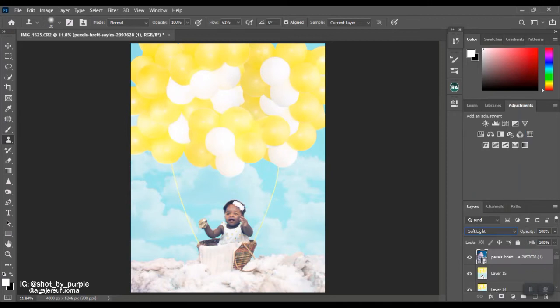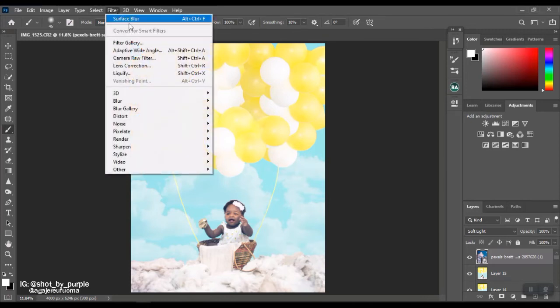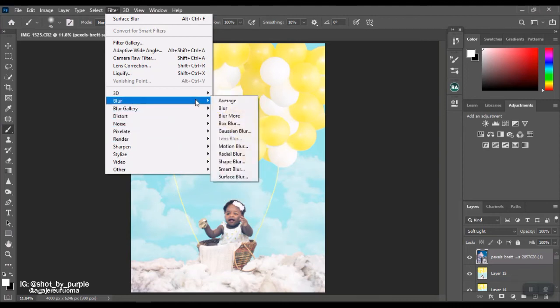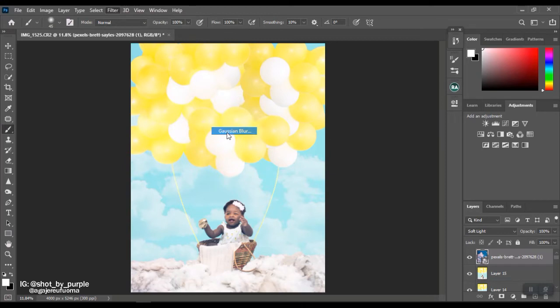And now you can see that the cloud is all over the baby, it's all over the balloons, and it's looking a bit murky. And that's not what I want. So I'm just going to go to Filter at the top here. The next thing I'm going to press is Gaussian blur, and then I'll choose a good radius of blur to add to this image. And once I'm happy with that,